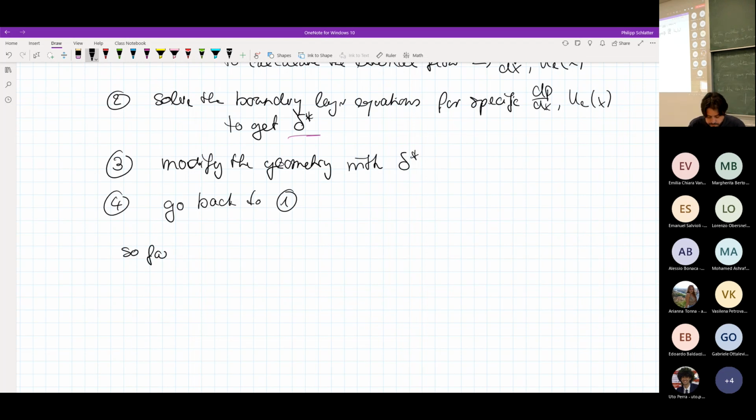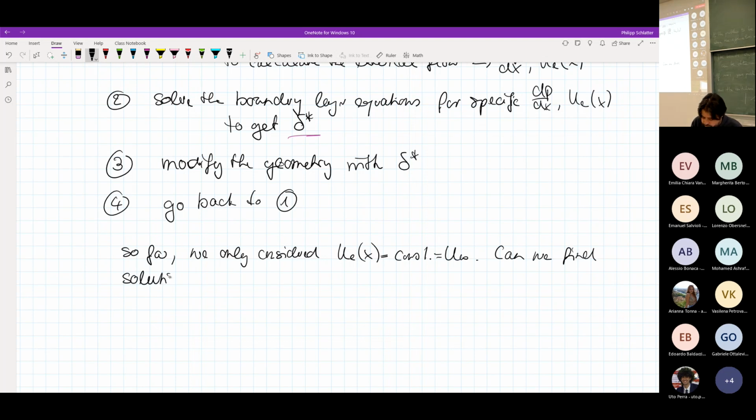So far, we only considered U_E of x is constant. This U infinity that we talked about. So now the question is, the obvious question is, can we also find